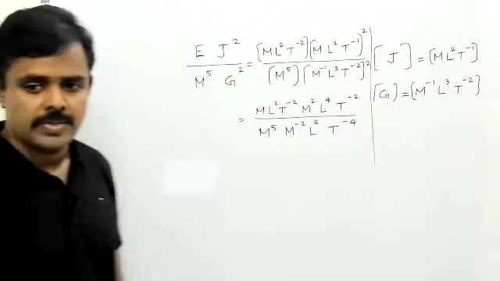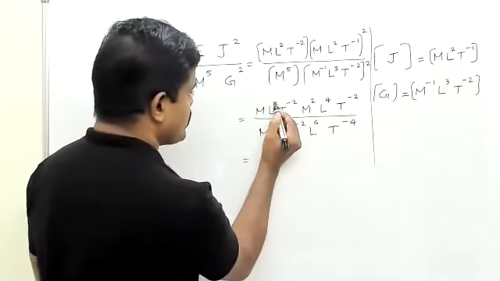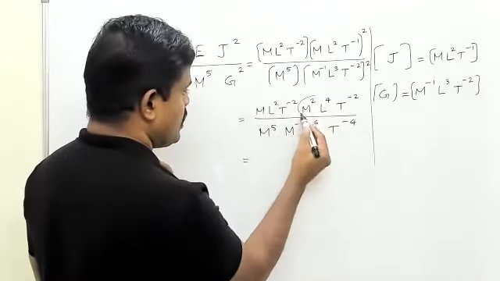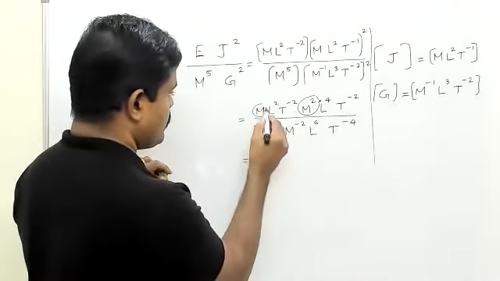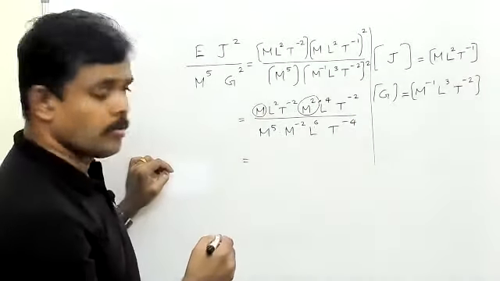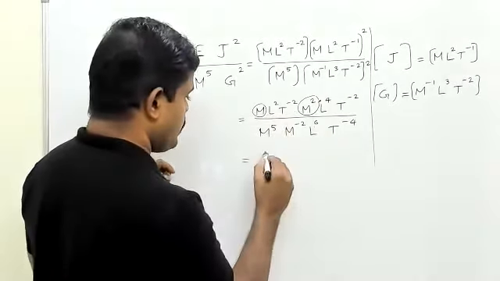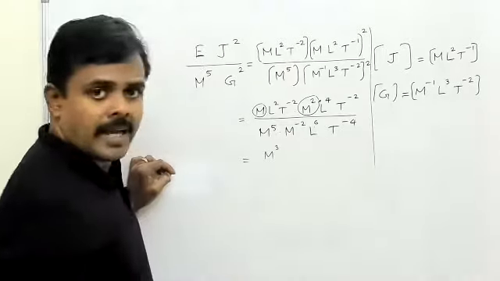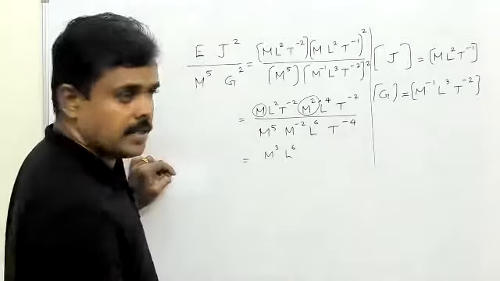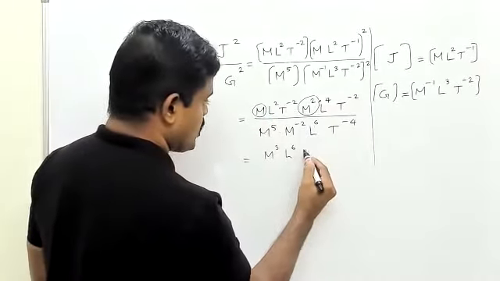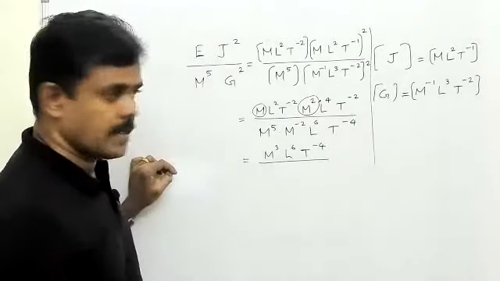Let us cancel the m's now. Tell me how many m's on the numerator? M square and then m, that is m cube, so on the numerator m square and m cube. And then L square, L raised to 4, L raised to 6, T raised to minus 2, T raised to minus 2, T raised to minus 4 divided by